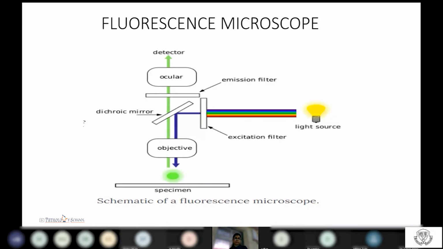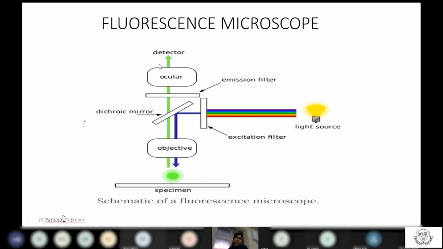We'll be going on to the fluorescence microscope. Now, for understanding purposes, we'll just assume that this is labeled with FITC. The light source used in a fluorescent microscope is mercury, LED, neon light, or halide light. These are all polychromatic light, having all colors of wavelengths. So it hits your excitation filter. When it hits the excitation filter, it allows only one particular wavelength of light to pass through. Now, you know your fluorochrome is FITC and it absorbs only blue color. So you will choose your excitation filter of blue color.